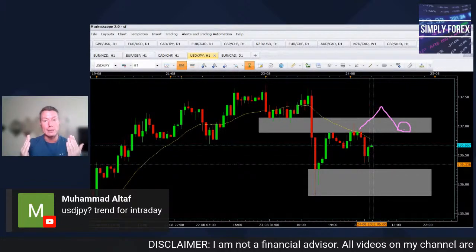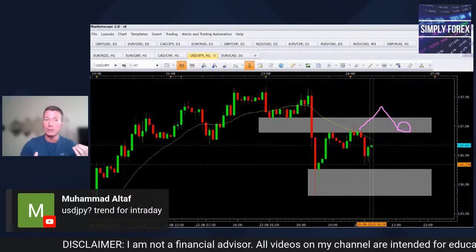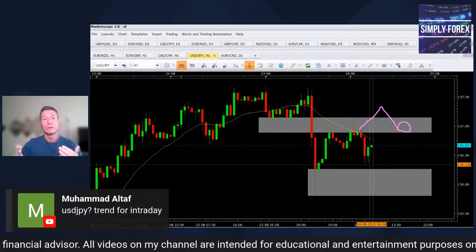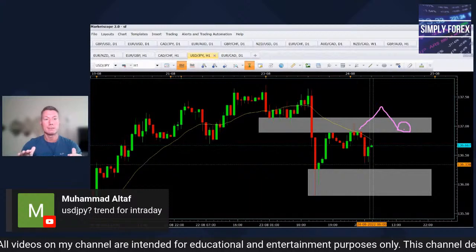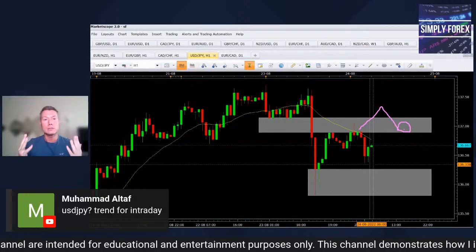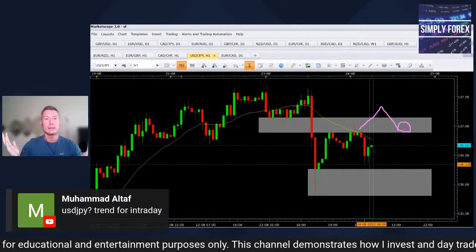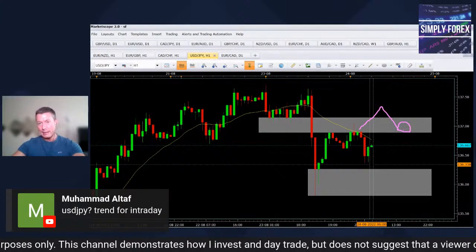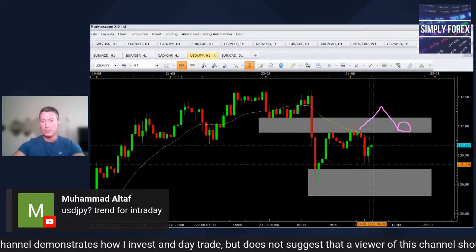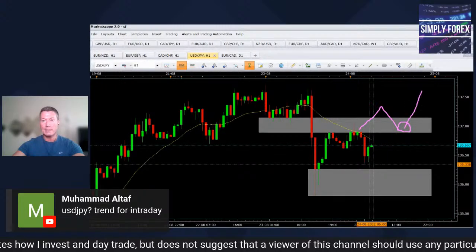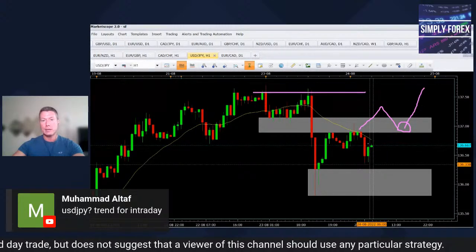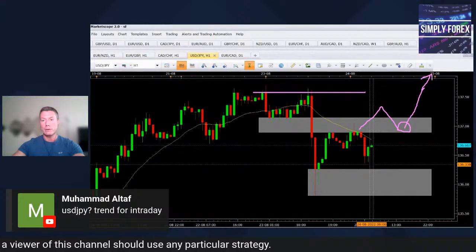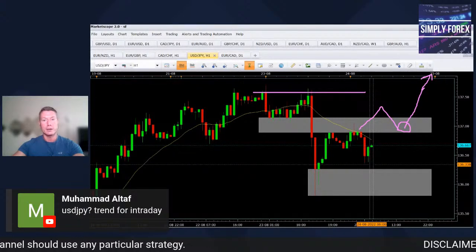But what the candle needs to tell you is that buyers are in control for longs or sellers are in control for shorts. That's it. That's what you're looking for, a candle to tell you that. Who cares what the name is? All right. So price comes back down here. We see a candle that tells us buyers are in control. We enter. We come back up to these last H1 highs here, close 80%, and then leave 20% to run up to our higher time frame target.